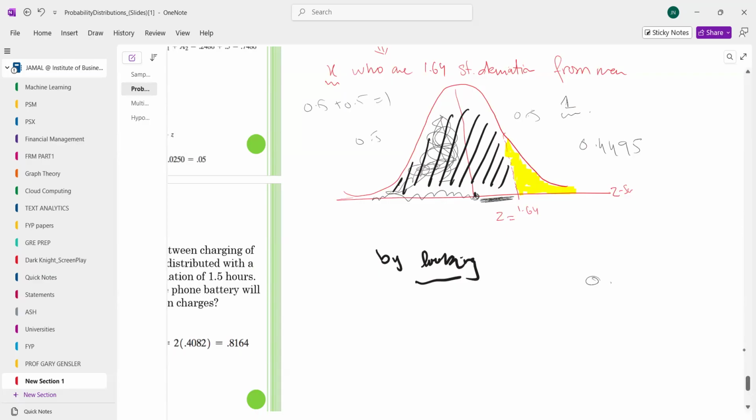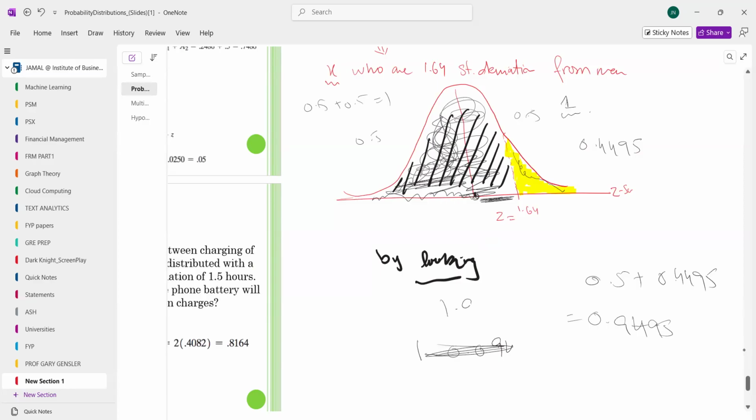So 0.5 plus 0.4495 will be equal to 0.9495. This is my area, this is all my black shaded region. And my interest is to find the probability of this yellow shaded region. And if I just simply subtract from 1,